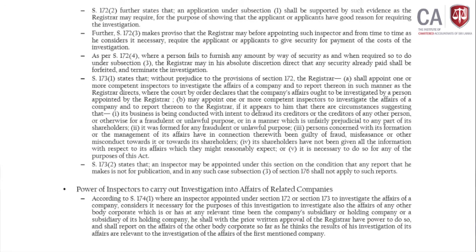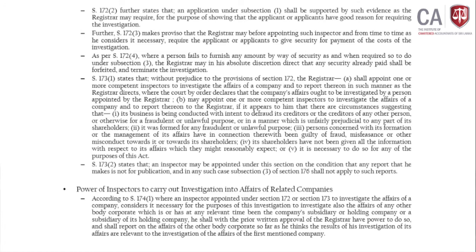He may appoint one or more competent inspectors to investigate the affairs of a company and to report thereon to the registrar, if it appears to him that there are circumstances suggesting that its business is being conducted with intent to defraud its creditors, or the creditors of any other person, or otherwise for a fraudulent or unlawful purpose, or in a manner which is unfairly prejudicial to any part of its shareholders,